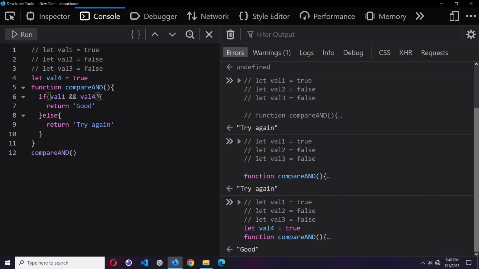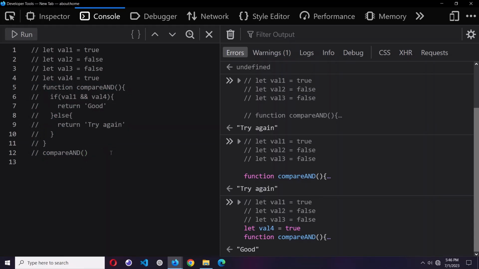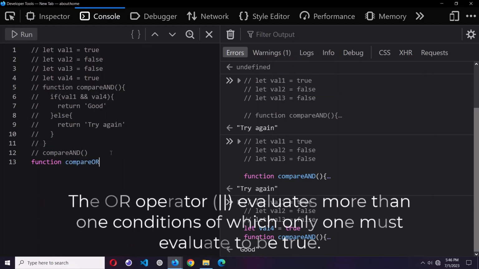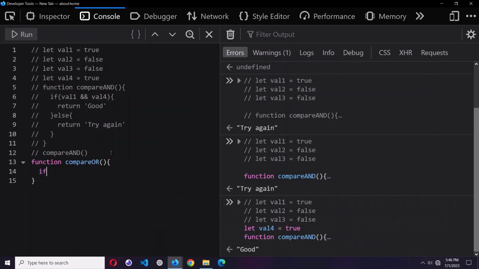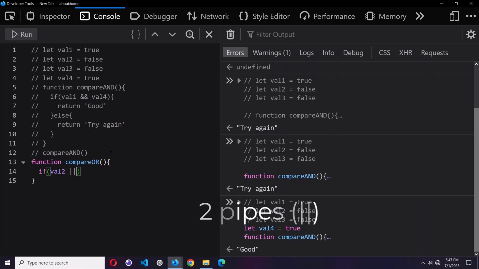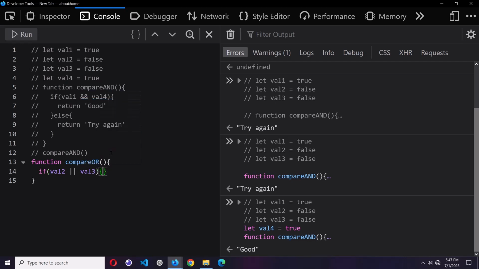Now moving on to the next thing, I'll comment this one out, and then I'll also comment this one out, and we move on to the OR operator. I'll create another function and call this one compareOR like this, and then bring my parentheses and then my curly bracket. So I'll say if, into bracket, val2, and to perform an OR operation we use the pipe. So we bring double pipes to perform the OR operator, and let's say val3,